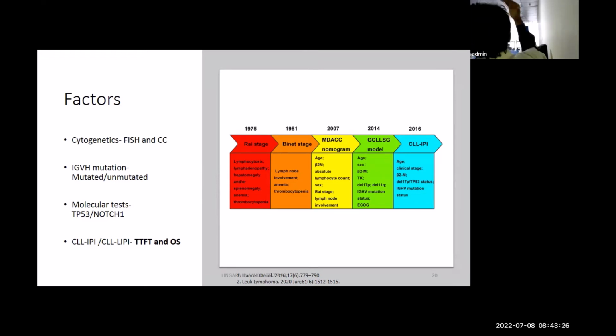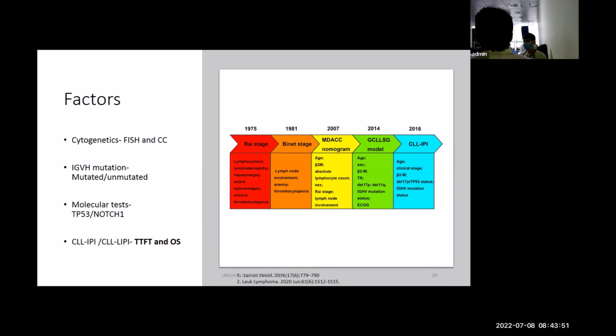So you remember the growth patterns that I have shown. One is exponential, one is logistic growth. This CLL-IPI will tell you whether the patient is going to have logistic or exponential growth. So what is the significance? Today a patient comes to me and the CLL-IPI is low. Rest assured that this patient is not going to need treatment in the next 2 years. I can call the patient after 6 months. Enjoy your life. Don't call the patient every 3 months and do blood tests.